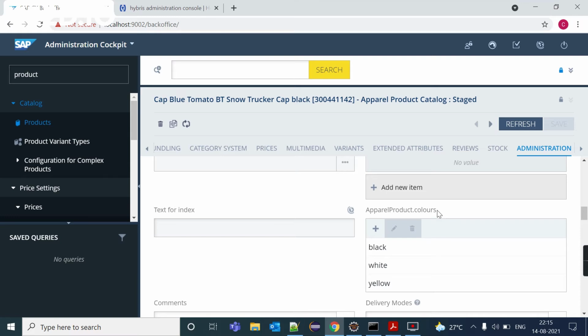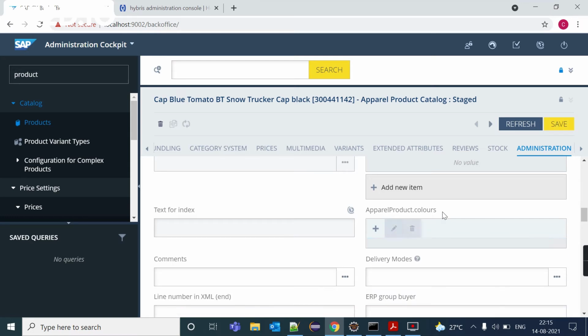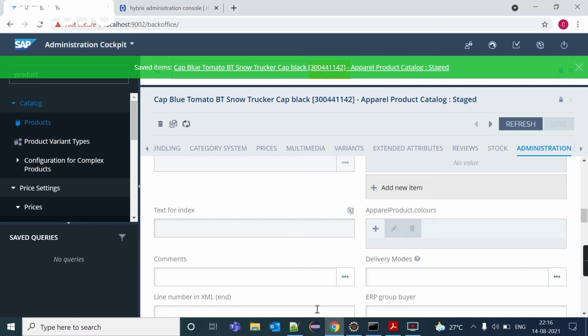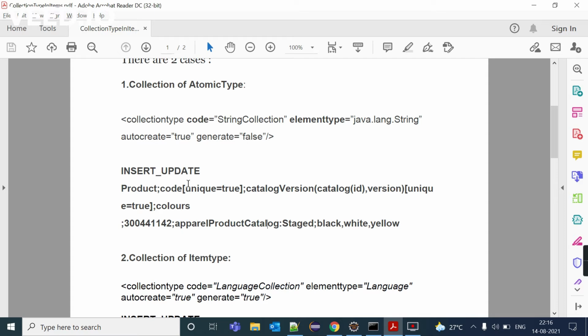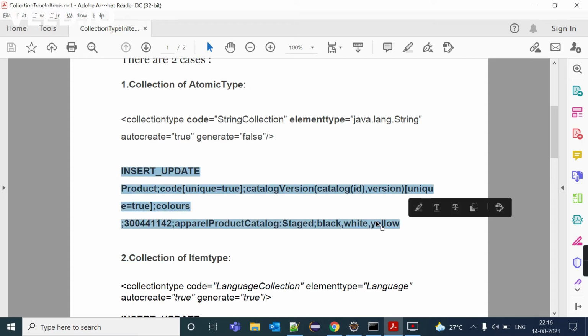First let me remove the data. With this import, we are going to import collection type data in the colors attribute, which is in product.